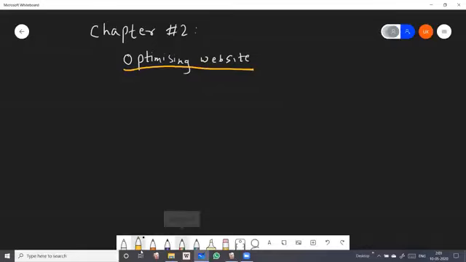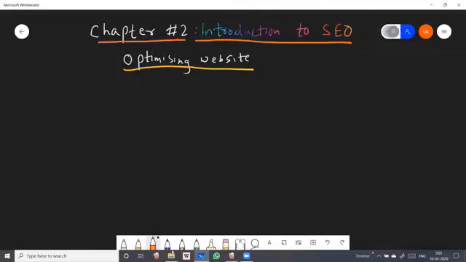If you write the chapter name, Introduction to SEO, that is search engine optimization, and in this we have started with optimizing website.